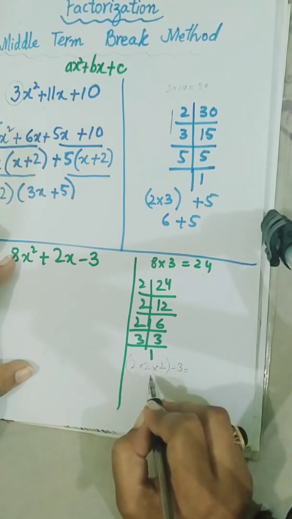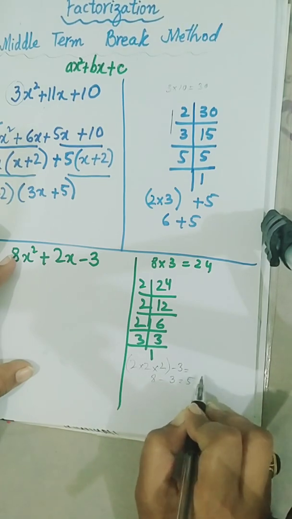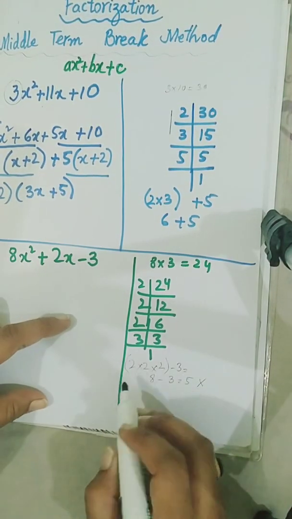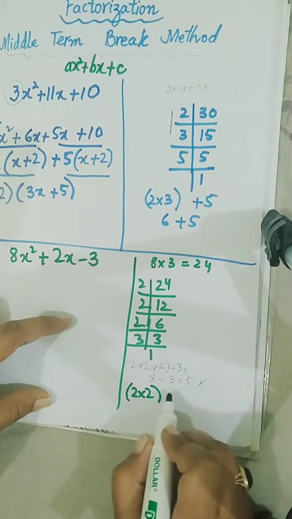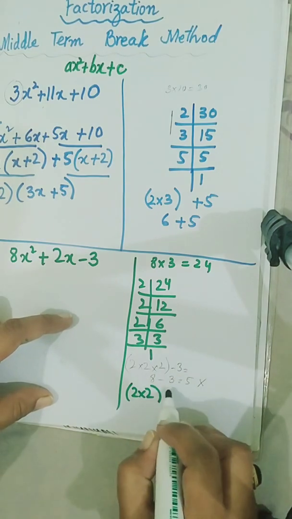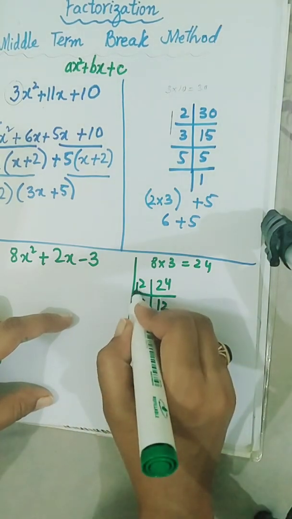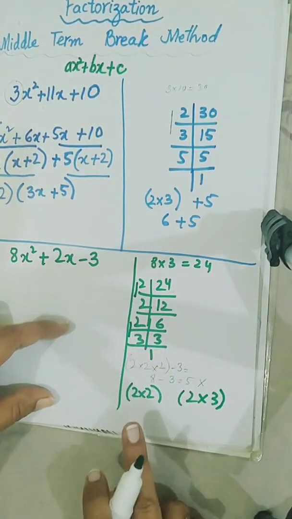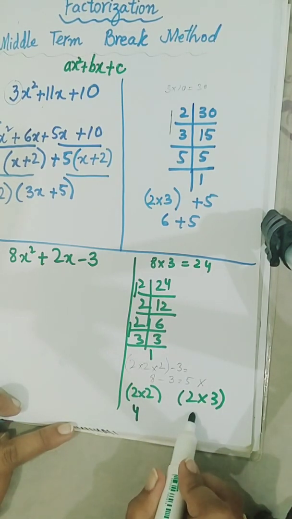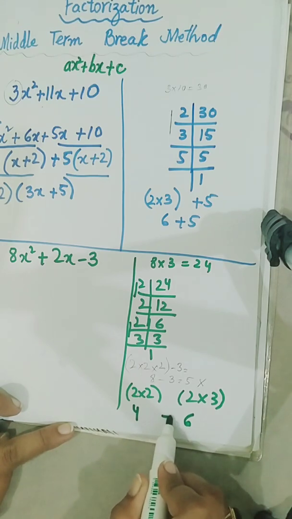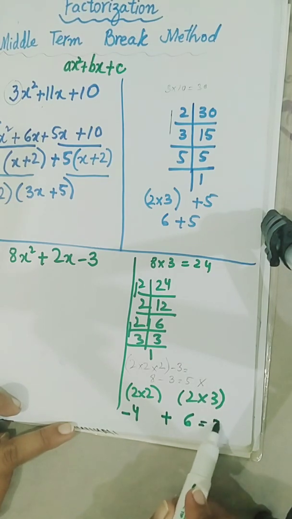so I did not get the desired result. It is 8 minus 3 equals 5, so I don't want 5. What then? I can see that 2 multiplied by 2, and I can use 2 multiplied by 3. I use these two numbers multiplied and these two numbers multiplied. So 2 times 2 will be 4 and 2 times 3 will be 6. If I subtract 6 minus 4, I will have 2.